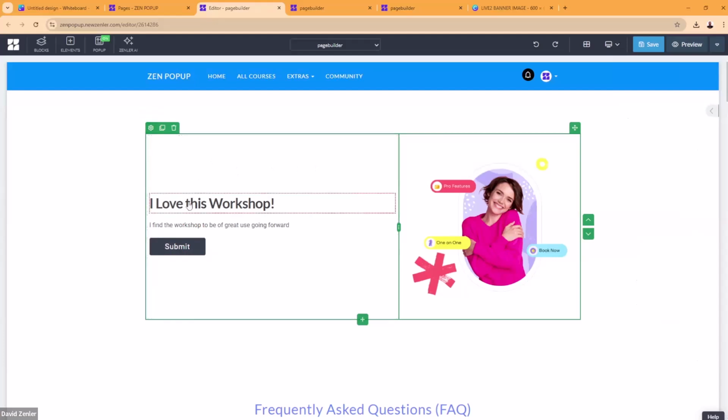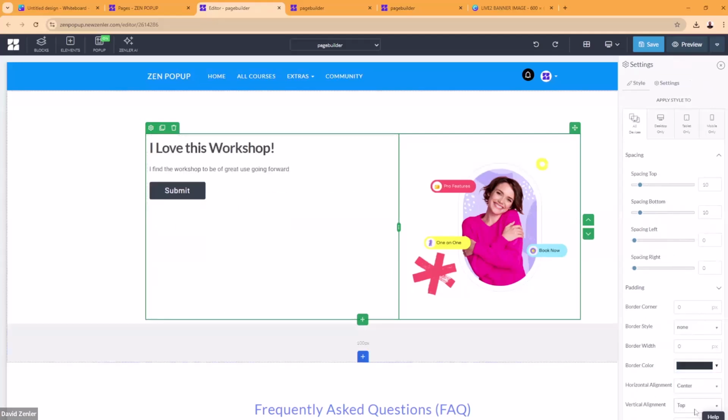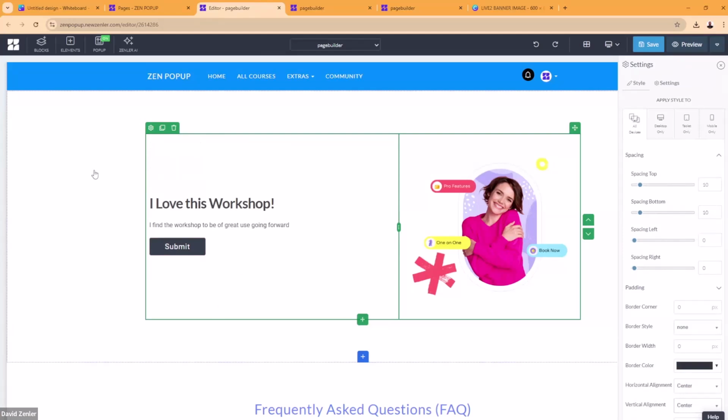Now, notice that the content in here is centered to the image. So if I make the image bigger, this would center in here, but I actually want this text to be higher up. I can do that using a vertical alignment. If I click in that row setting, we go to vertical alignment and choose top. If you choose top, it'll all jump to the top. So if you guys need control of that, you can do it inside there.